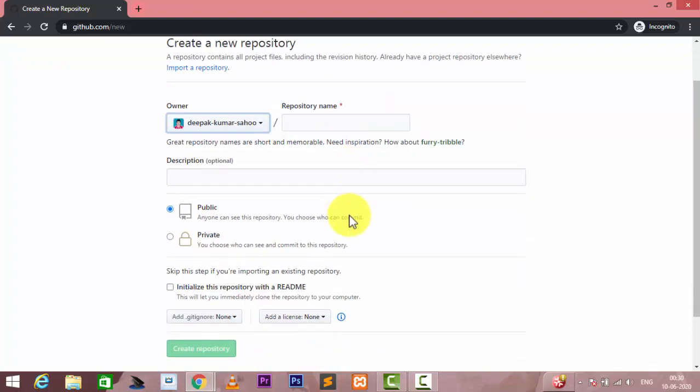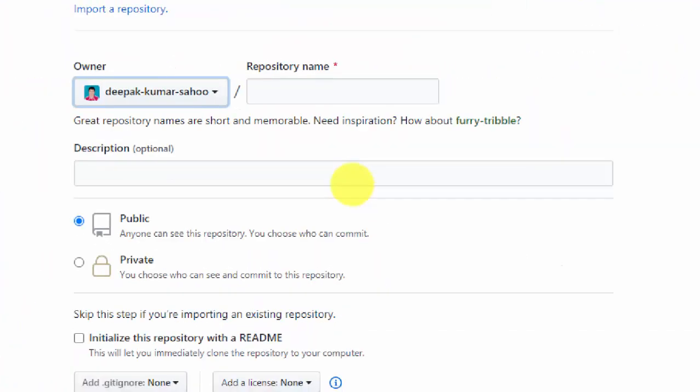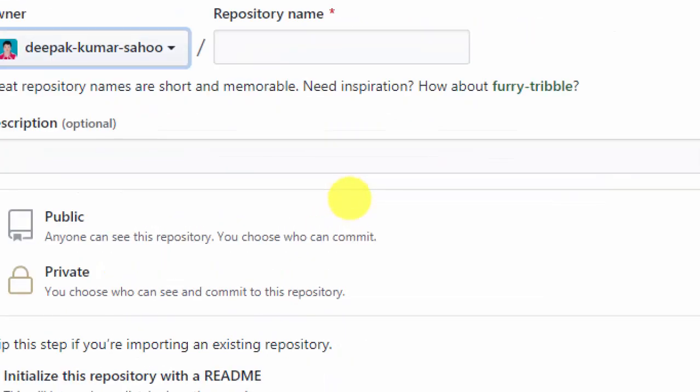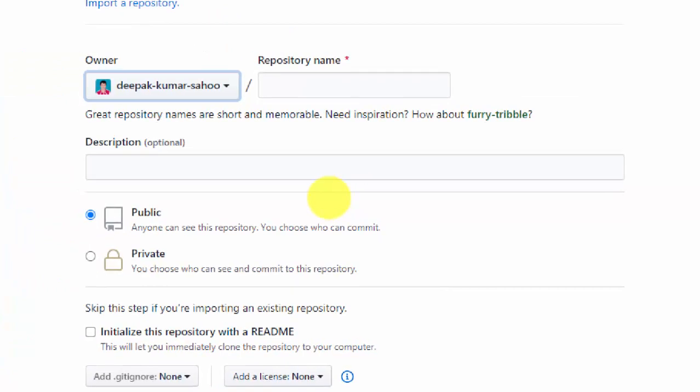If I zoom in, you can see this is where you create a repository name. Repository means a home. In a building we have some rooms, so in order to allocate a particular room to a particular person, we have some settings like that.